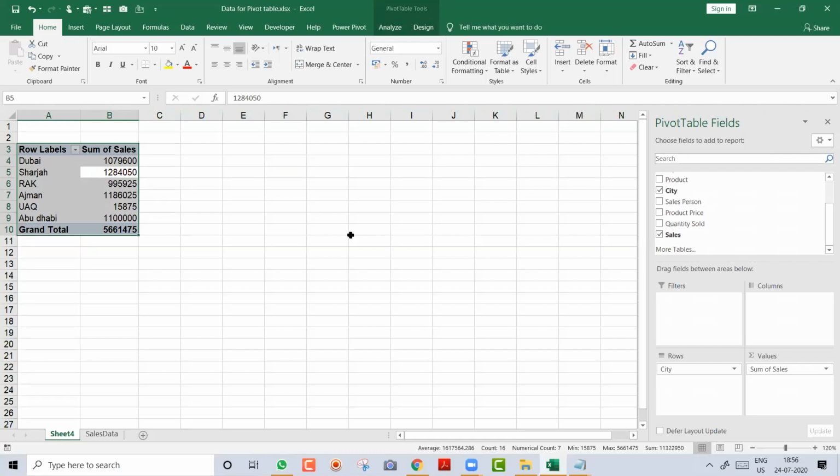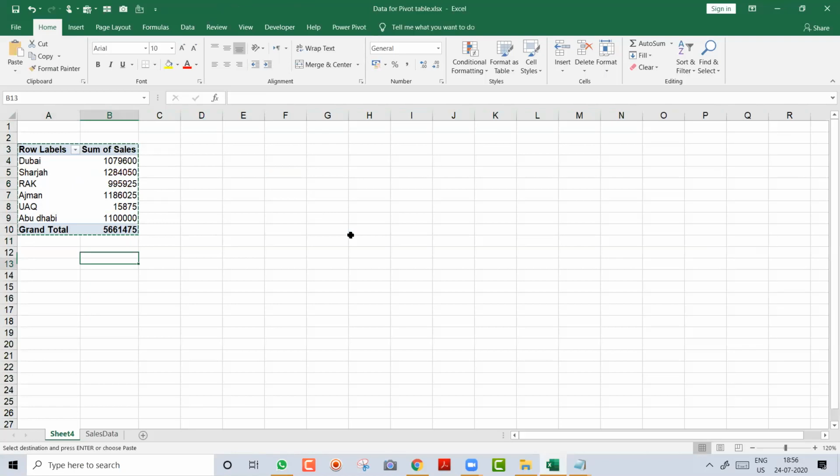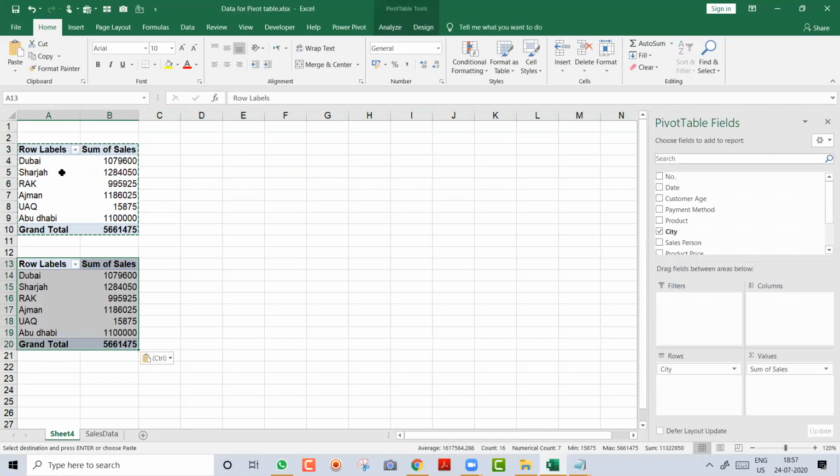Then you press Control C for copy. Once you have copied, come down and leave 2 or 3 rows blank, because in future you might get more cities. Then just paste. So you have copied the above pivot and pasted it down.